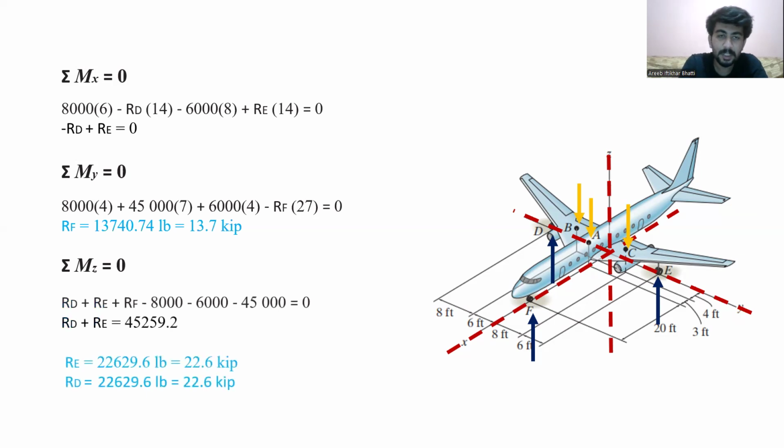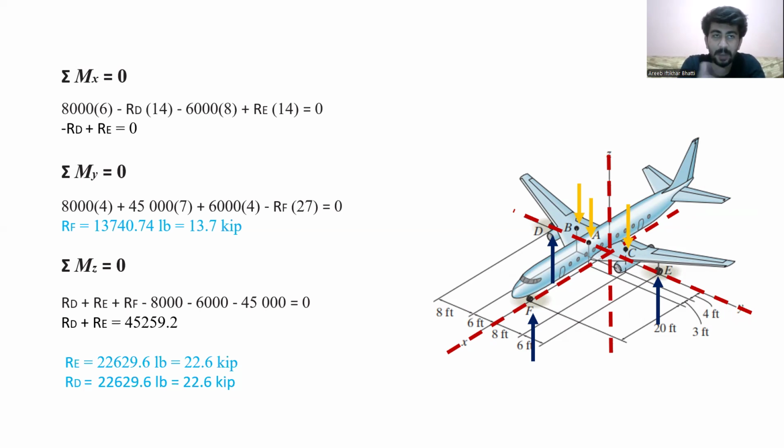So you see, this is the equation: reaction force at D plus reaction force at E plus reaction force at F. Negative, I have 8,000 pound weight. Negative, I have 6,000 pound weight. Negative, I have 45,000 pound weight. So through this, I get an equation which says that the reaction force at D plus reaction force at E is equal to